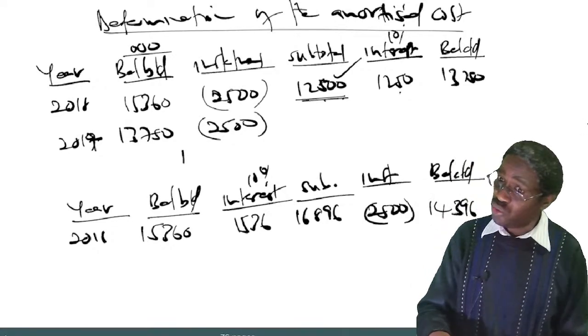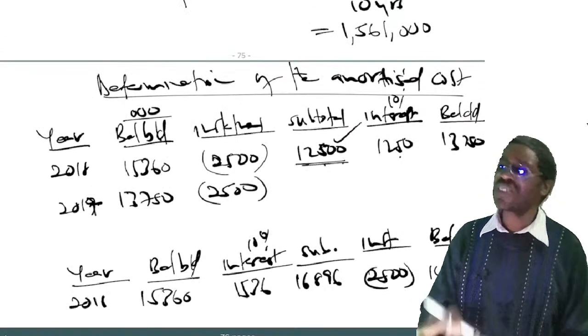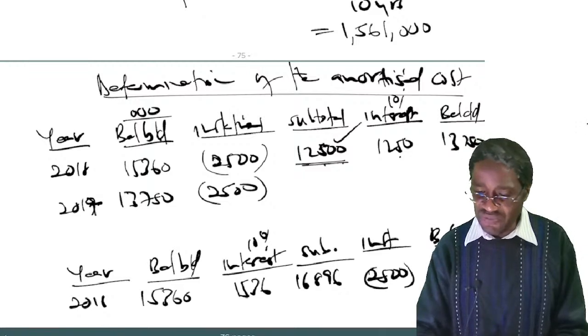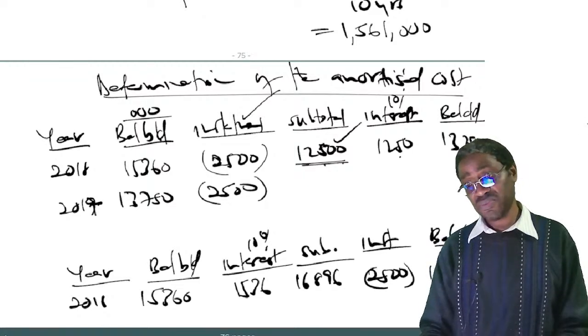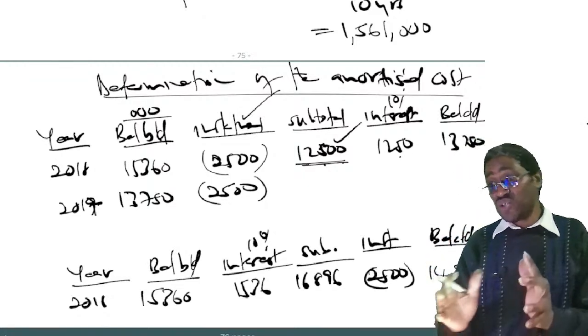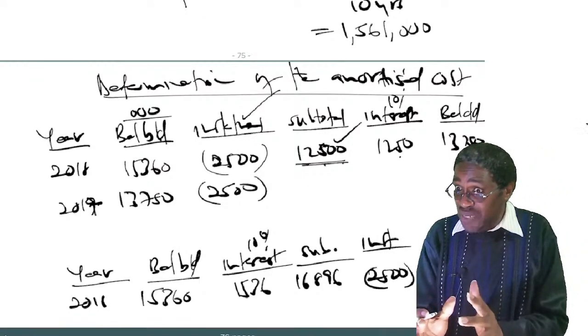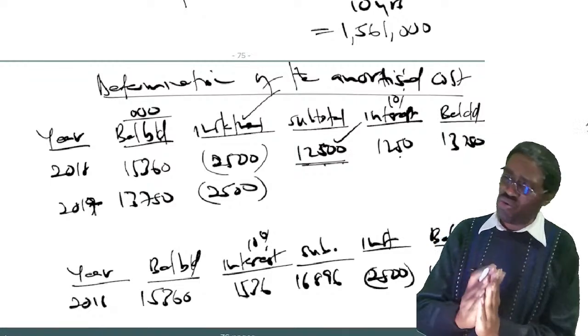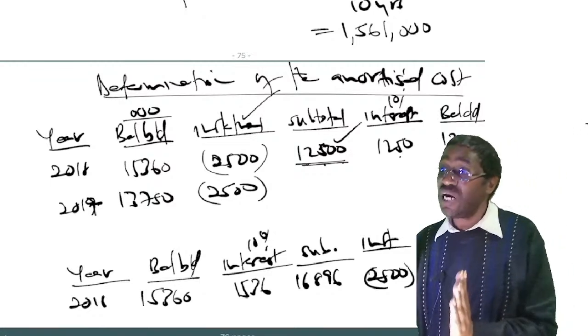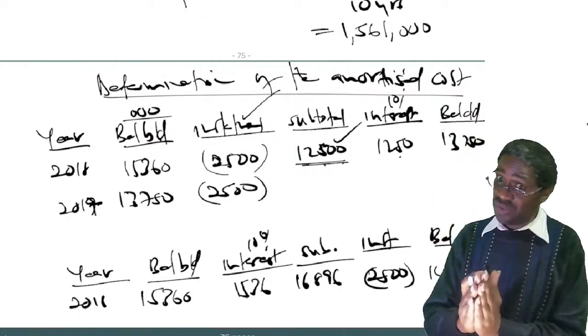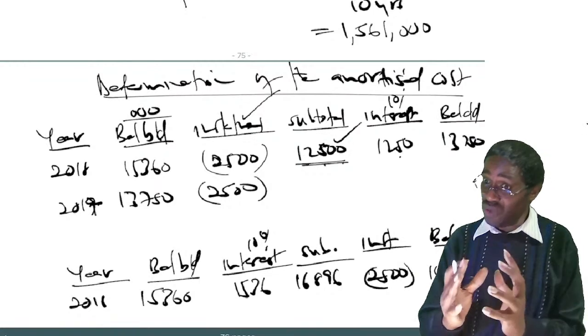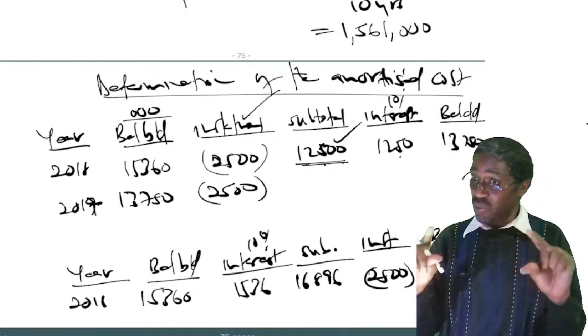I have told you, if you are paying your installments in advance, that should be the first thing to be paid. Then, once you pay, the balance of what is remaining as lease liability is the one that will accrue as a liability for the whole year. So you charge interest on that one. So if you are paying your installments in advance, you go by table number 1.